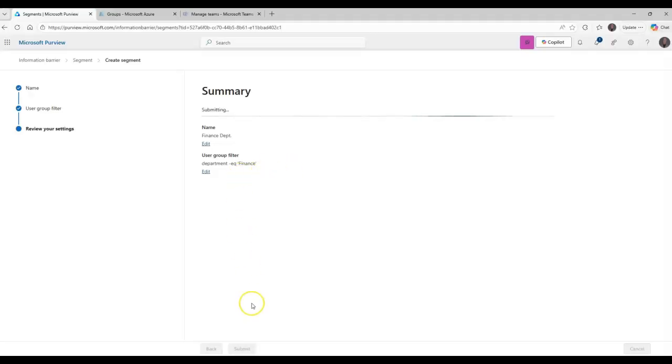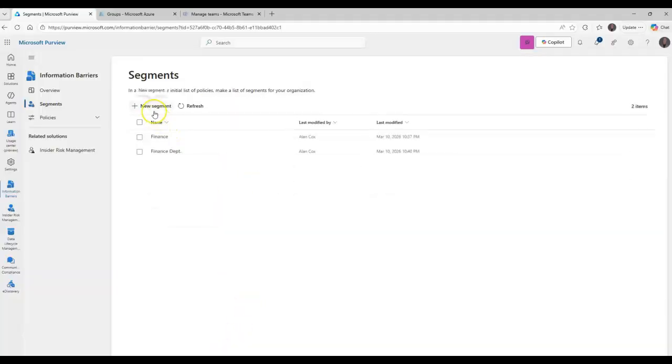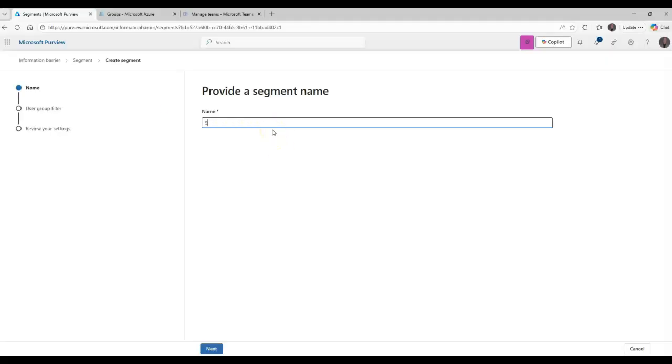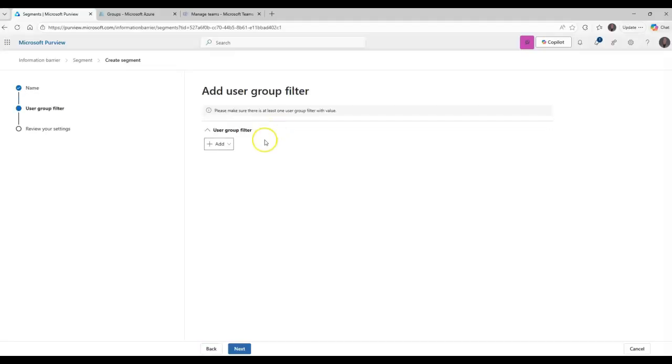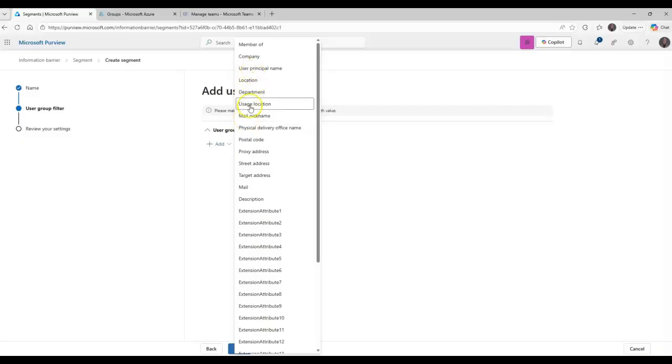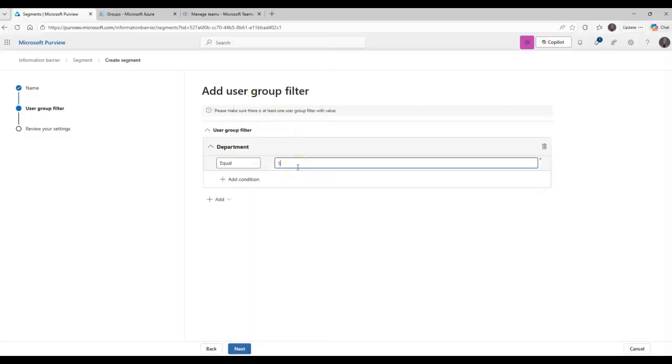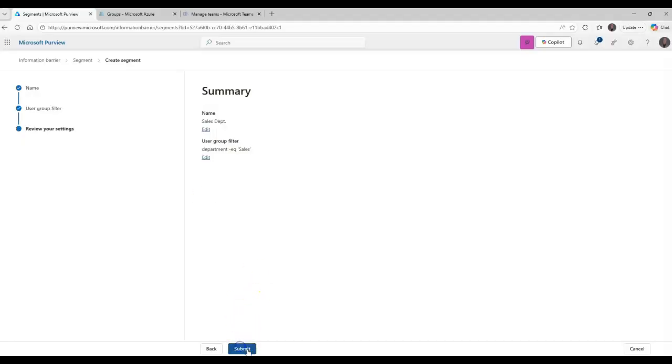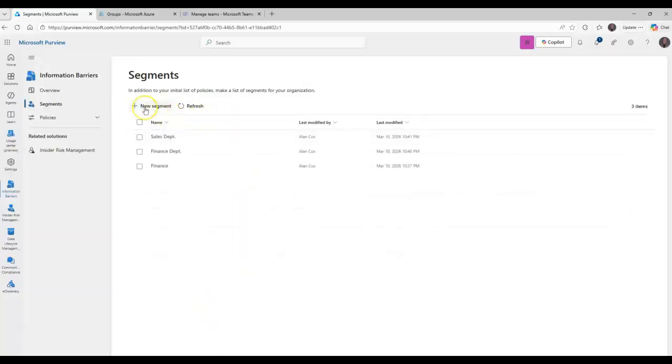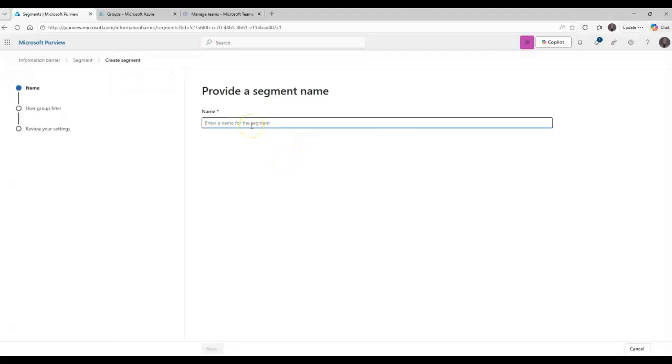or another segment that will be our sales department. And so we're going to drop this down here to department and sales. Okay, and we're going to do that. Then I'm going to do another one. I don't necessarily need to do this other one, but we could do a variety of things here. And I'll just give you an example. So I'm going to do finance department.